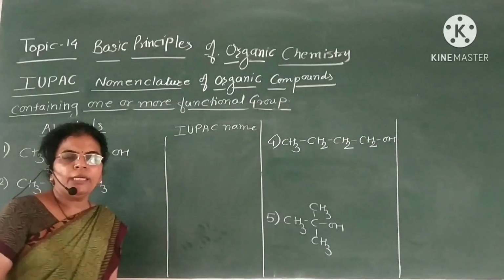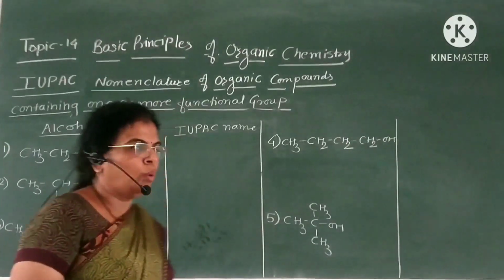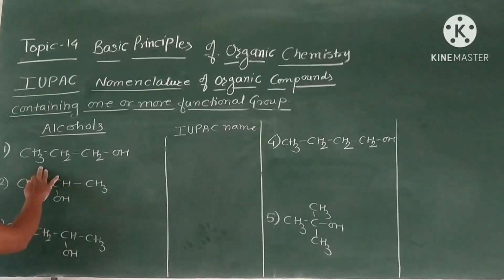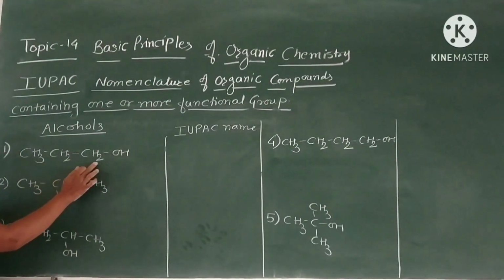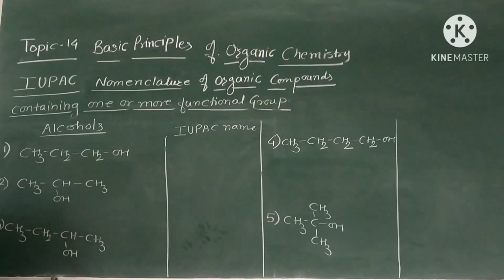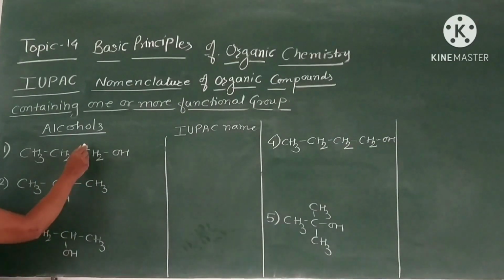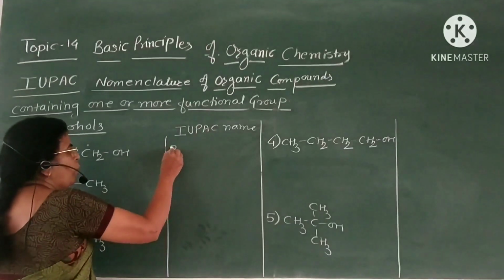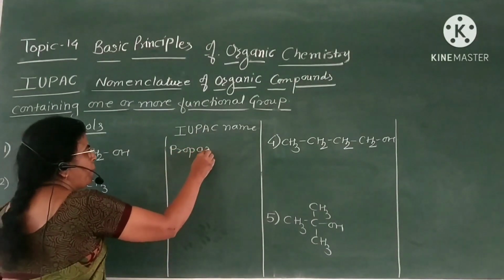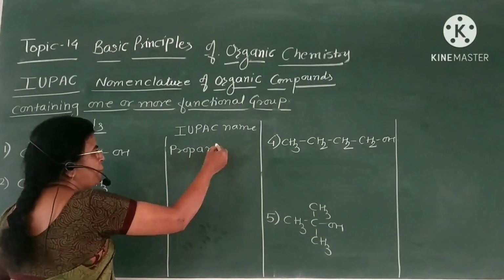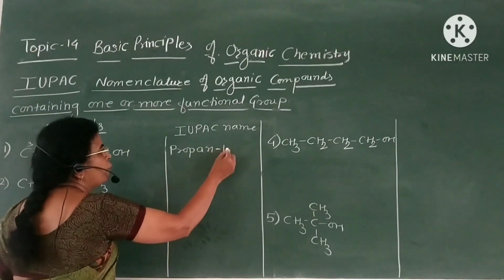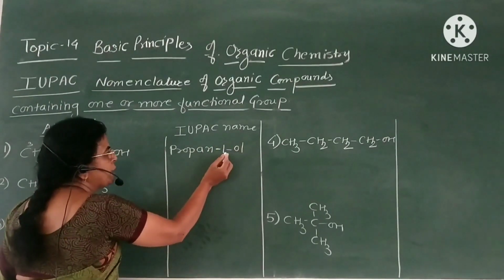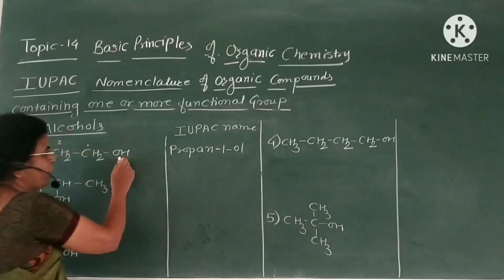Now we are going to see some examples of alcohol. Now look here, this is the first example, CH3CH2OH. Here give numbering from the end which is nearer to the functional group, 1, 2, 3. Now it becomes propane-1-ol. The parent alkane is propane. Replace the E from this propane by 1-ol. This 1 suggests the position of the OH group.